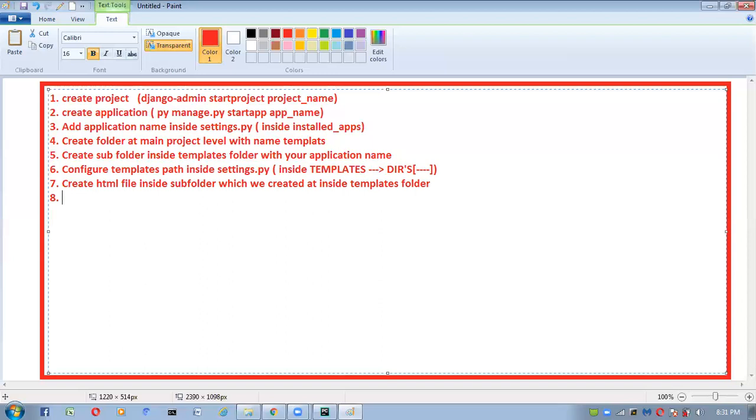Next step, create a view function inside the views.py file.